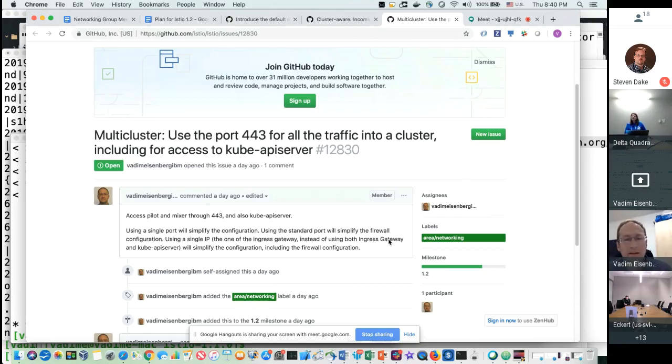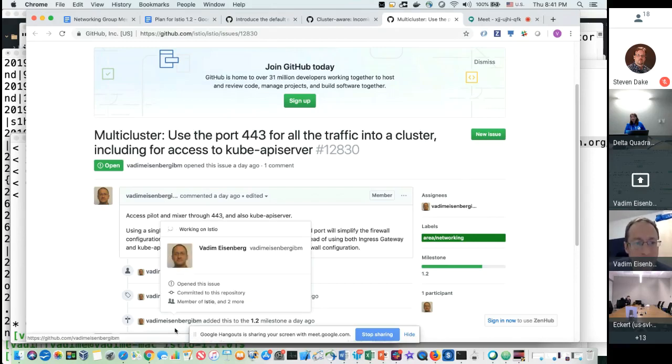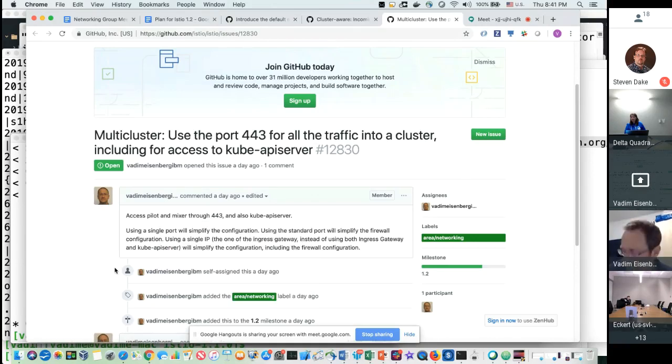Yeah, okay, agreed. So how would 443 help with that? Like why doesn't the old gateway, or a different port? No, it's not related to a different port. It's related to exposing the API server through the gateway, through the mesh gateway. Because right now we expose all services, but the API server is not exposed properly because it has a special MTLS and other stuff. It's a bug. We knew about it. But on both ports it works perfectly fine.